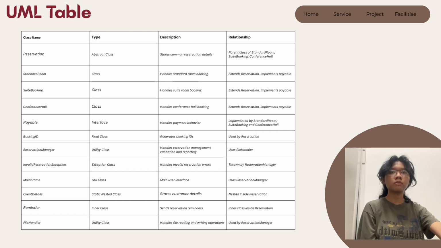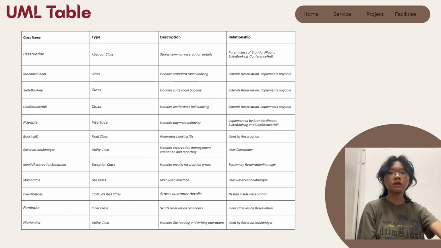And then the reservation manager class handles reservation management functions such as validation, searching, reporting, and maintaining the reservation list. The file handler class is responsible for file handling operations, including saving and loading reservation data from a text file. The invalid reservation exception class is used for handling invalid reservation inputs and validation errors. The mainframe class serves as the main graphical user interface of the system. Finally, client details is implemented as a static nested class, while reminder is implemented as an inner class inside the